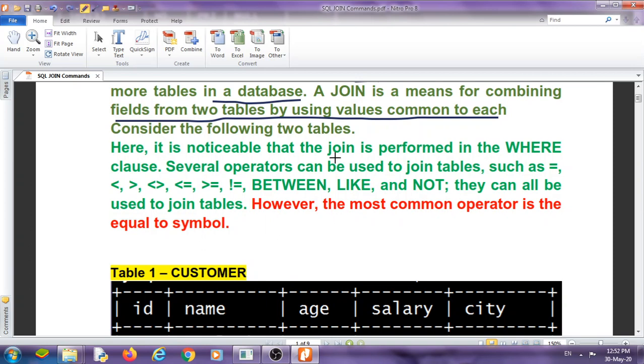Here it is noticeable that a join is performed in the where clause, and we have already learned about some operators. The operators are equal, less than, greater than, not equal, less than or equal, greater than or equal, between, and, like, not, is not.